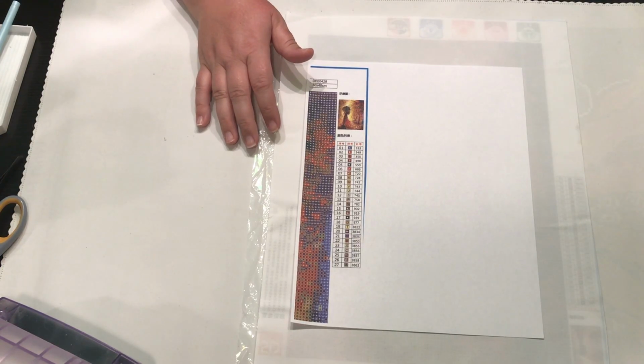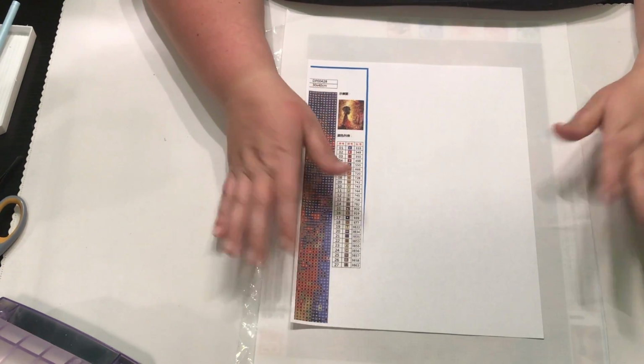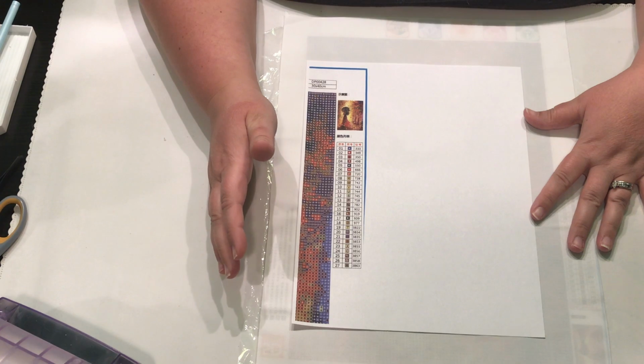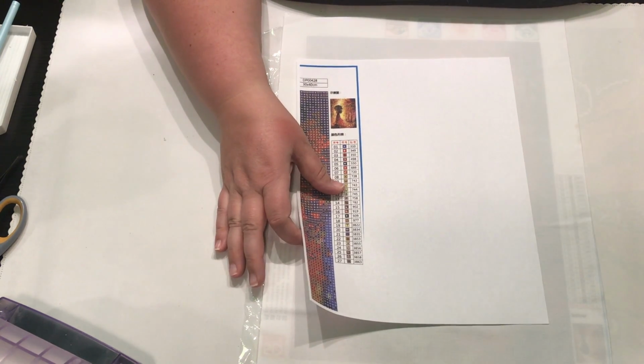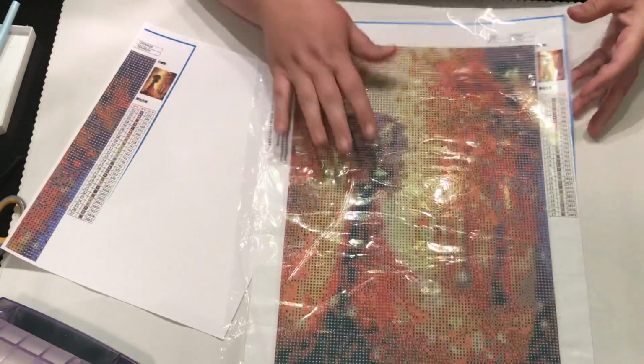Everyone, it's Jennifer with DP Addiction Adventures, and I have been asked multiple times, how do I label my next upcoming work in progress, my diamond painting that I'm about to do. So I thought I would take you through my previous